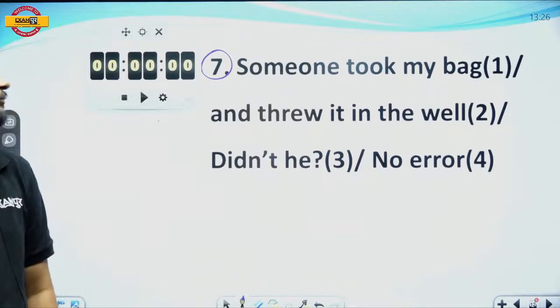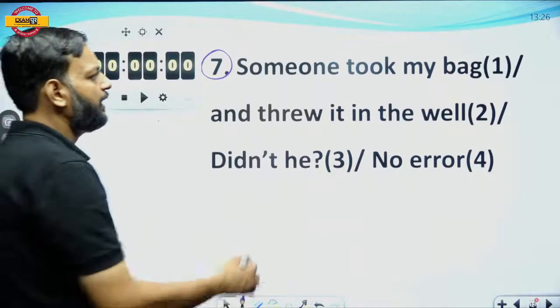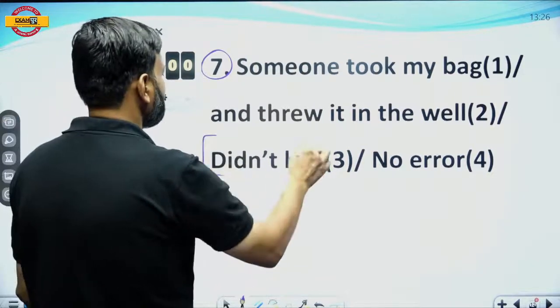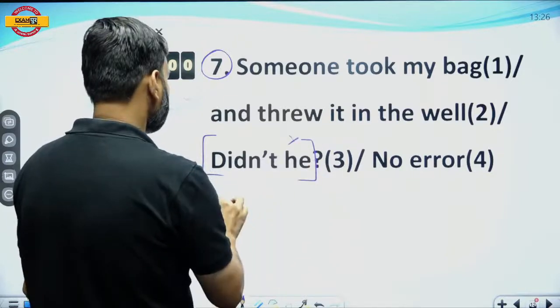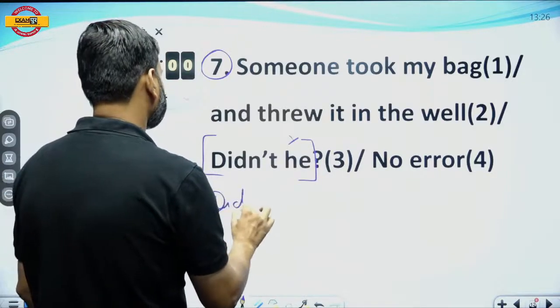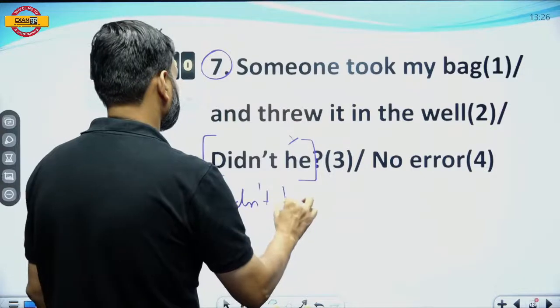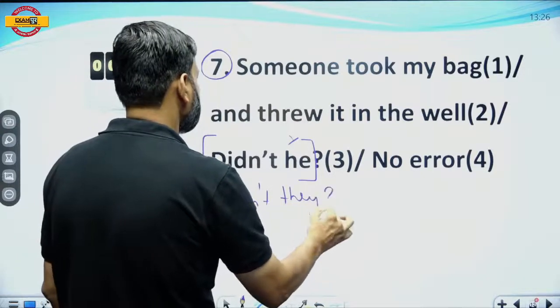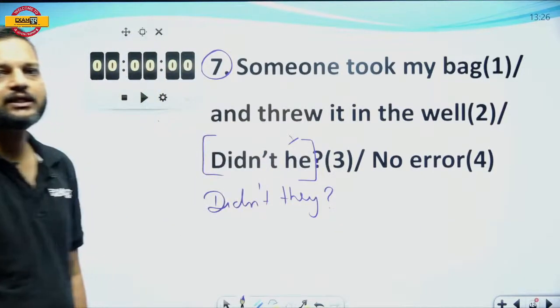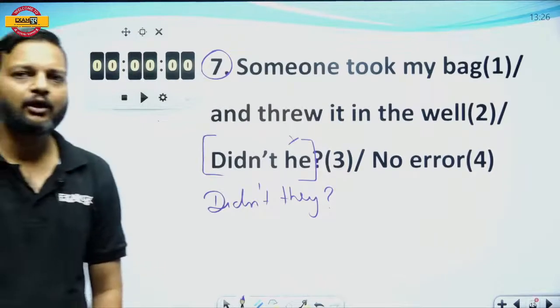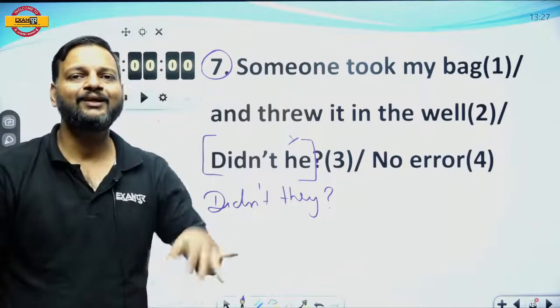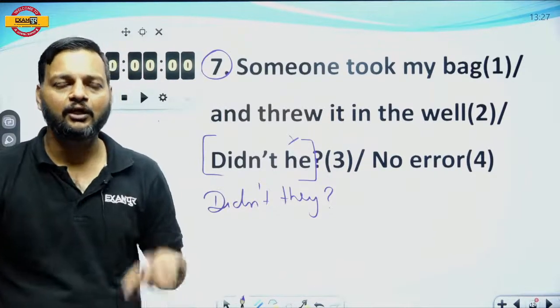Time up. So here, in place of "didn't he", we have to write "didn't they". Now you must be thinking, how come "they" is possible here? So remember one thing,